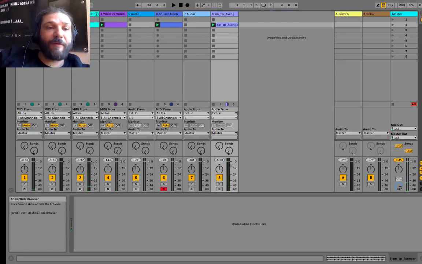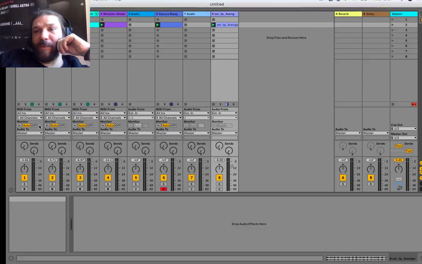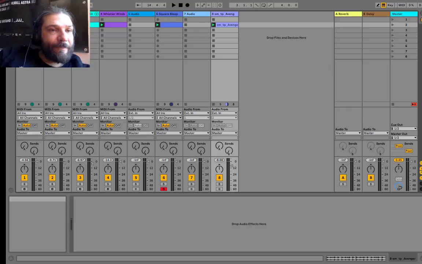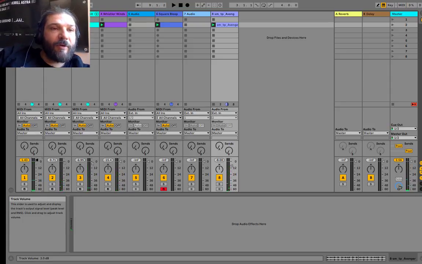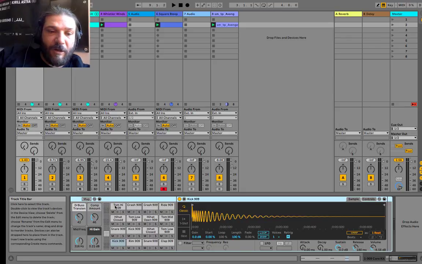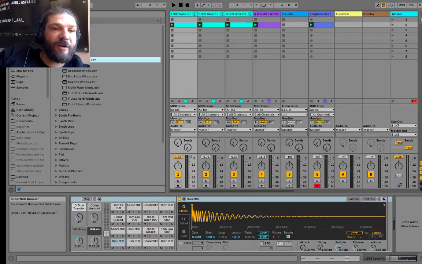So you've got a selection of audio and MIDI tracks, and then the track itself is very similar to a traditional analog mixer or a DJ mixer. Okay, so I'm going to go on a little bit over the half an hour today. Here I've got a channel, it's linear, and what I've got here is the mixer. So this is like a DJ mixer, or an analog mixer, and at the end of that track, if it's a MIDI track,